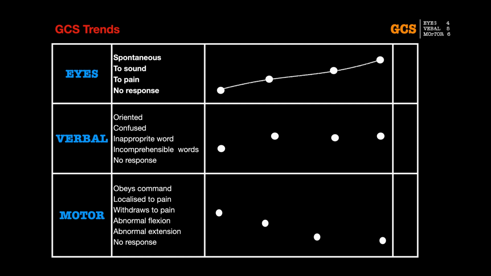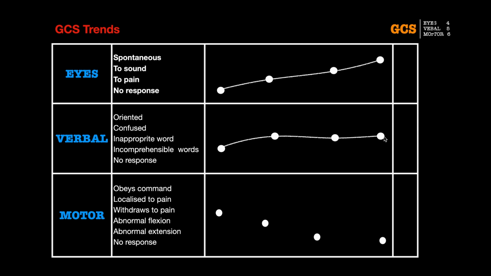In verbal response, we can see that the patient during our evaluation was making incomprehensible sounds. With time, the patient started making inappropriate words, meaning the patient started improving. But the patient stayed at inappropriate words throughout the time, and so this tells us that there is something going wrong with the patient. Similarly, when we look at